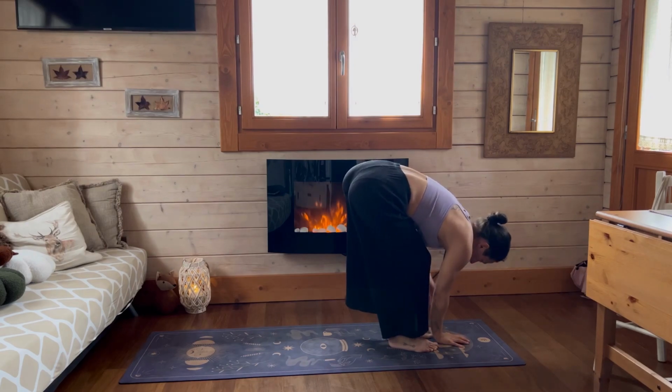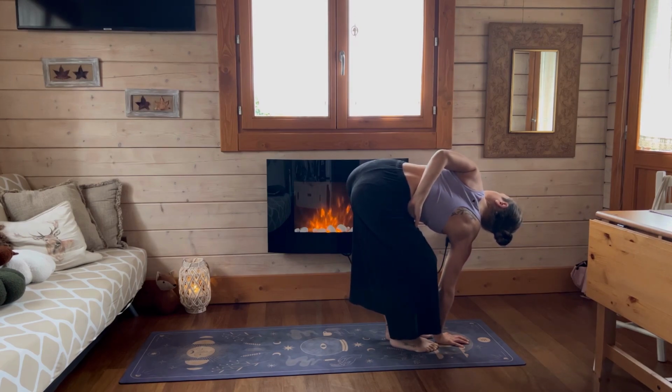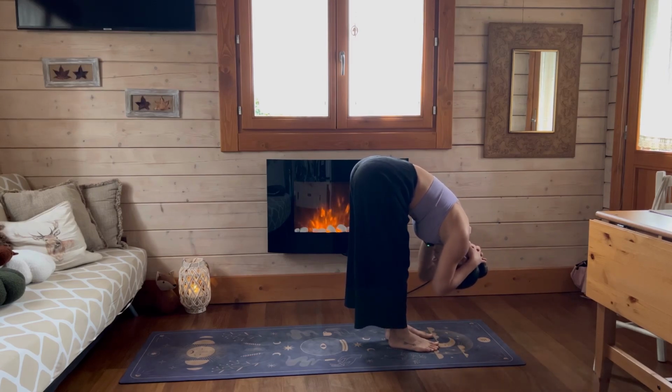Right hand on the floor, left hand towards the sky. Maybe the left hand finds the lower back or the thigh. Breathe deep, allow the right knee to bend and coming back to center, interlacing the fingers behind your head and